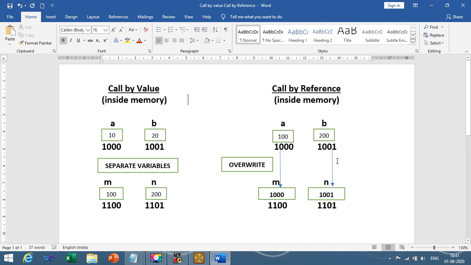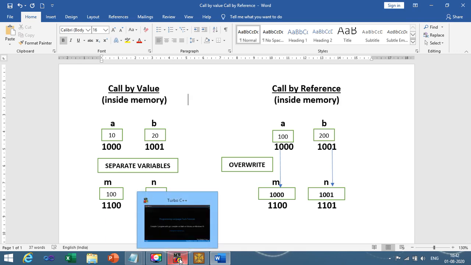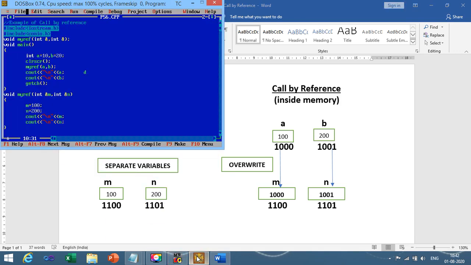So we have performed two practicals based on call by value and call by reference, that is program number P55 and P56, that you need to write in the journal. I would like to perform a few more practicals which are based on call by reference. So let me switch again inside the DOS box.